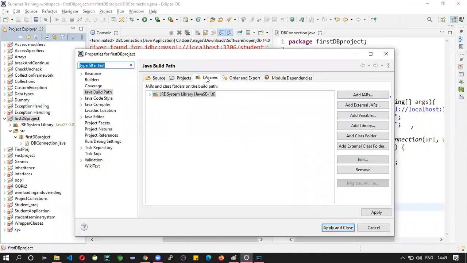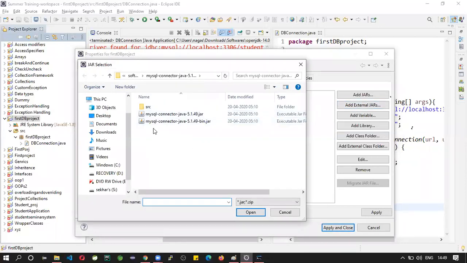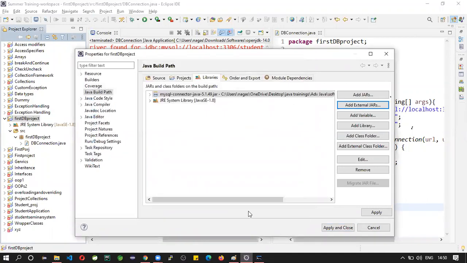Click on libraries. Libraries are nothing but jar files. Click on add external jars. I already downloaded these jar files, right? So click on this and open this.